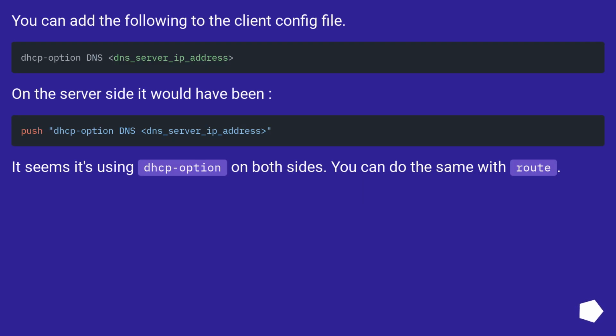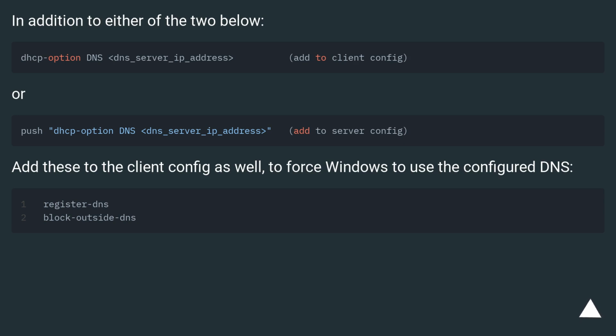You can add the following to the client config file. On the server side it would have been the equivalent push. It seems it's using the DHCP option on both sides. You can do the same with the other option, in addition to either of the two below. Or